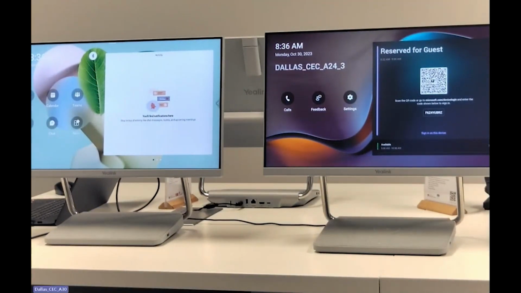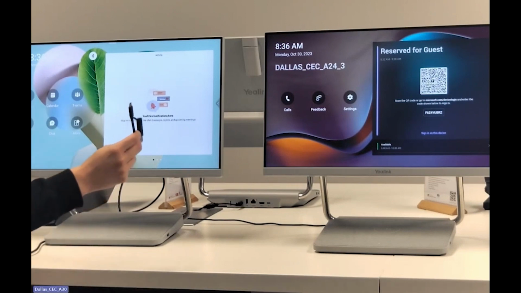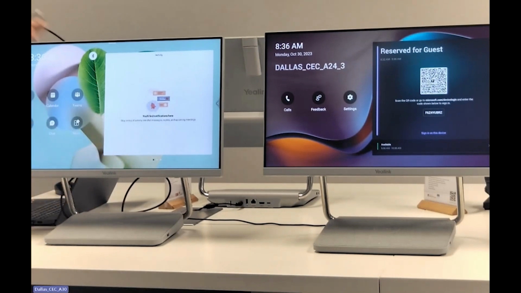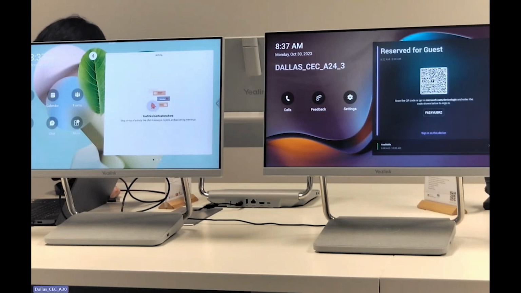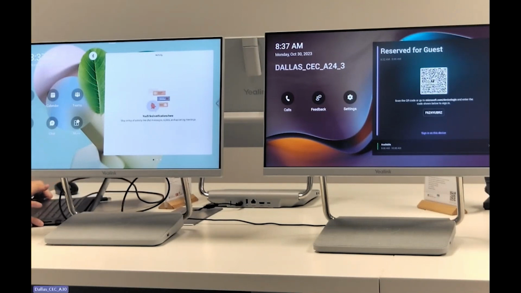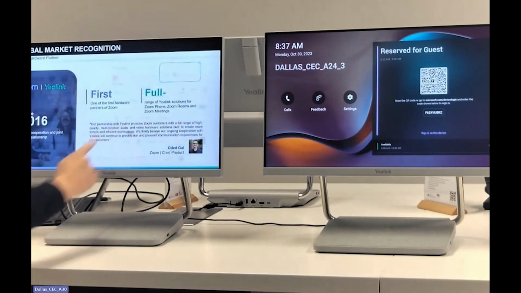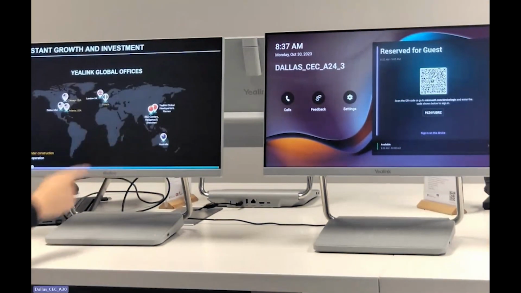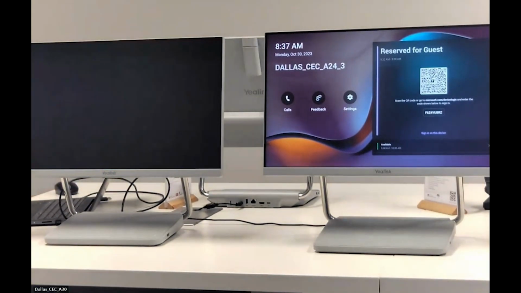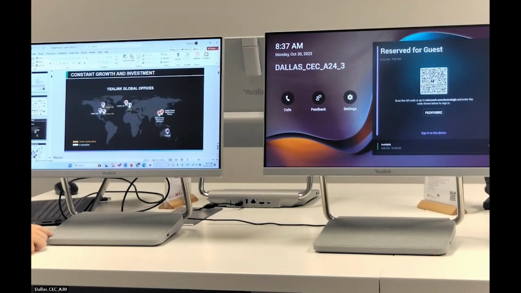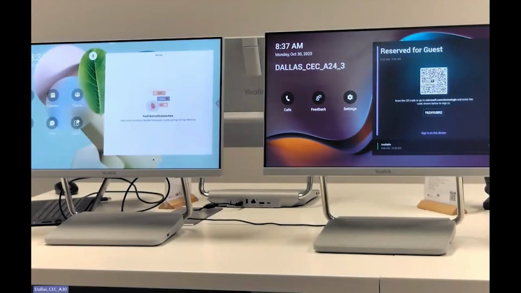This device can also be used as a secondary screen. You just connect with the USB-A or USB-C port. If it's USB-C, you can connect with your PC and it will charge your PC at the same time. Then you can use the button at the left corner to share content. We support duplicate and also extended screen. You can also use your finger to control the PowerPoint. Very flexible and straightforward. A simple click takes you back to the Android Teams interface.